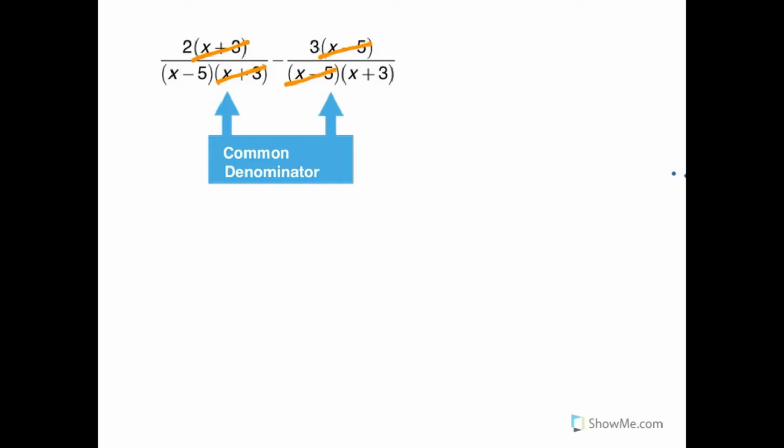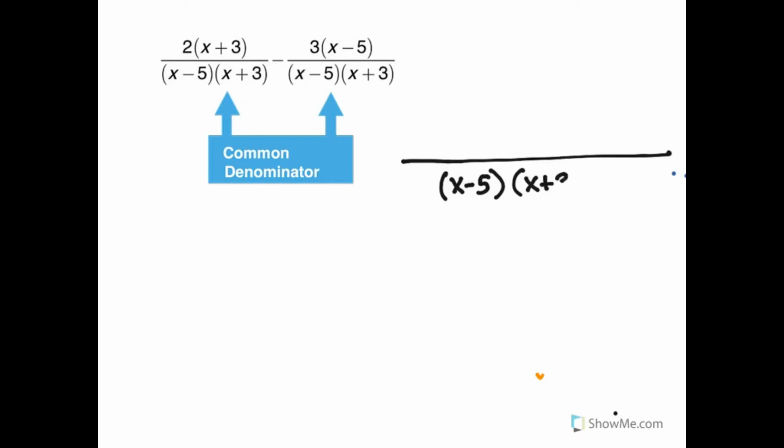And there's an x minus 5 that matches the x minus 5. But the result of doing that canceling will be to eliminate the common denominator. If I cancel, I'll have denominators of x minus 5 and x plus 3 that don't match. So don't do that. Instead, let's write the common denominator